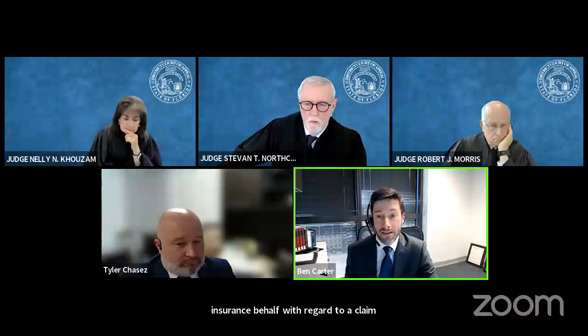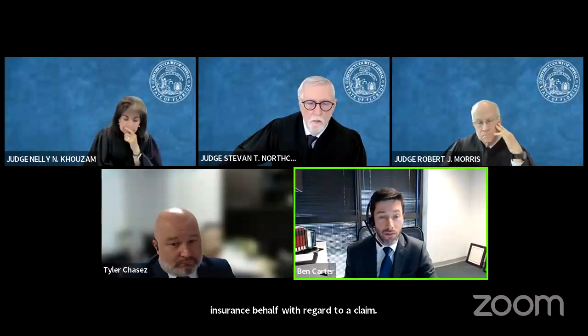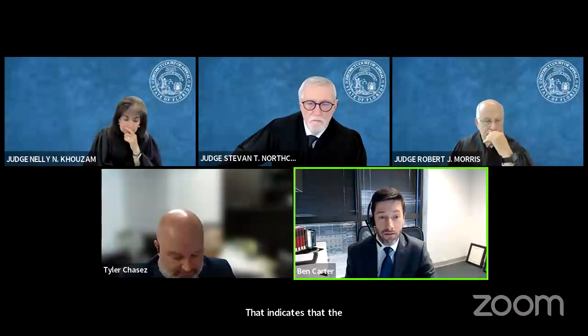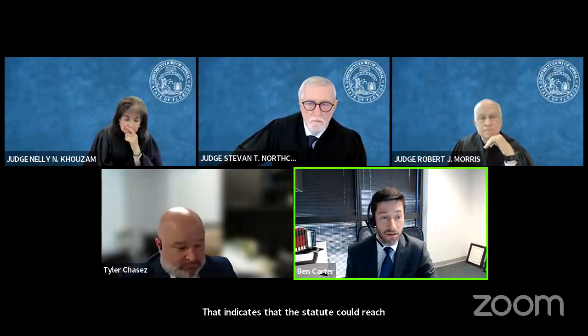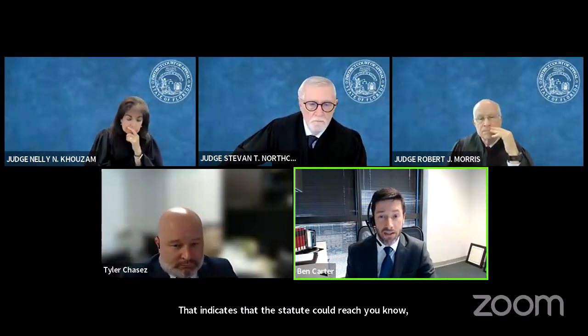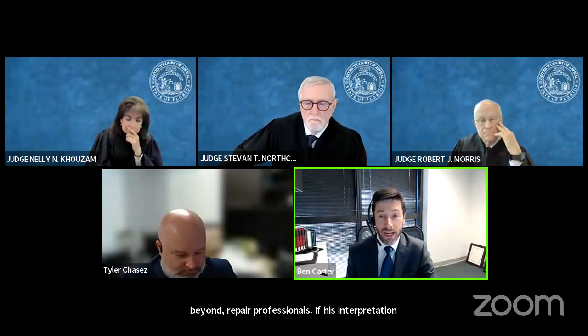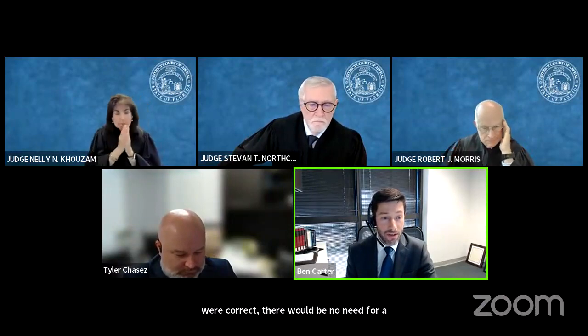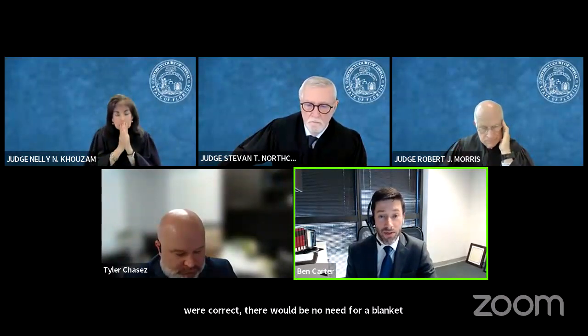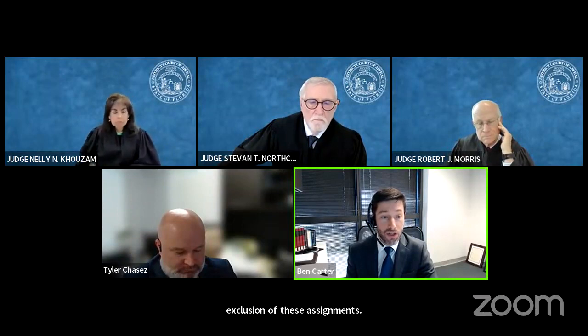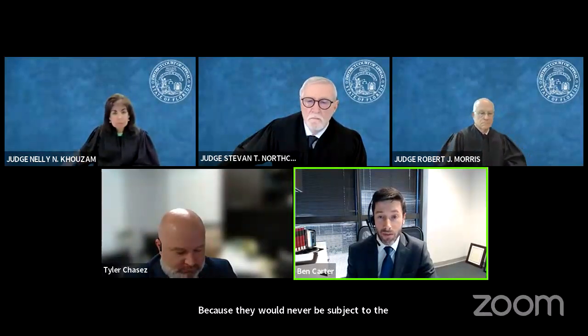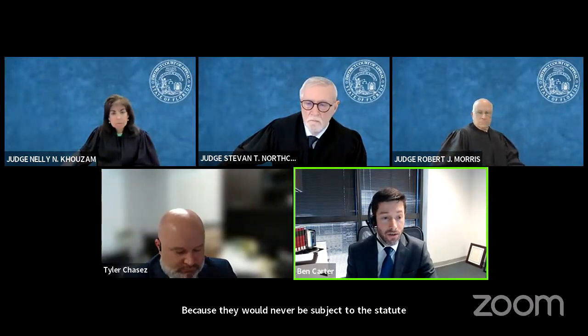That indicates that this statute could reach beyond repair professionals. If HICA's interpretation were correct, there would be no need for a blanket exclusion of these assignments, because they would never be subject to the statute unless the purchaser or holder of the assignment or power of attorney was in